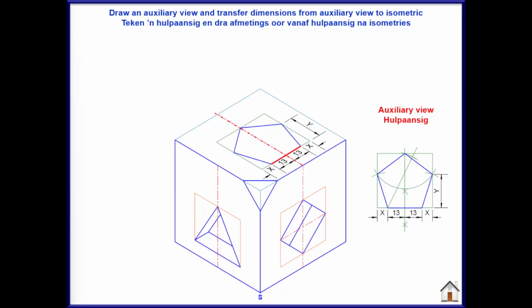From there, I will transfer distance y from my auxiliary view to my isometric view. You can also see that my side length was 26 millimeters, which will be from the center 13 millimeters towards the one side and 13 millimeters towards the right hand side. So we will take 13 millimeters from the center line, and we will transfer the 13 millimeters towards the left and towards the right. We can also work with our distances x, that you can work from the side of the auxiliary view from the left to the side of the auxiliary view on the right hand side. After this, we can just connect the points to get our pentagon in the isometric view.